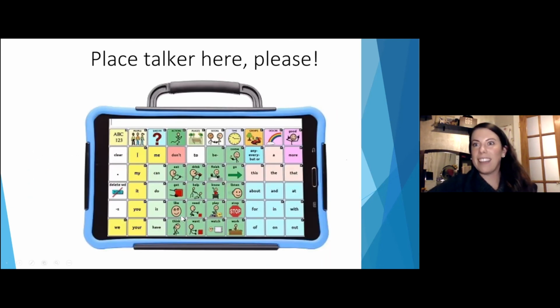This is another thing with when we were talking about accessibility and moving the devices around. Sometimes I'll use a visual to support within the clinic, or I'll usually use a visual at home of where our talker should live, helping the child understand that, yes, this is an extension of me, but every time I move, like if I move over to get my cup and then come back, I don't always have to have it with me, but I have to understand where exactly it is living if I do need to reference it. And so using some kind of placemat or visual is something that's really beneficial. This is just an example.